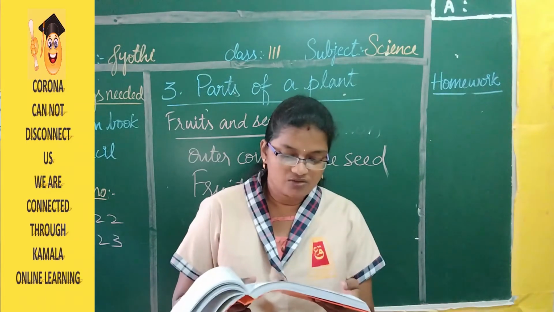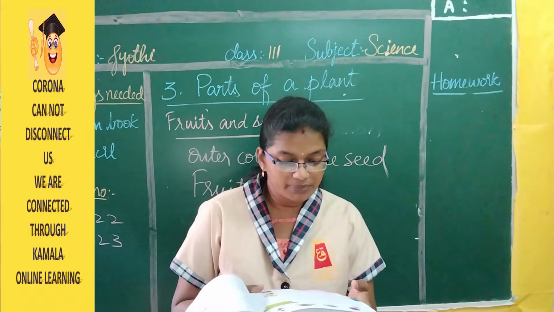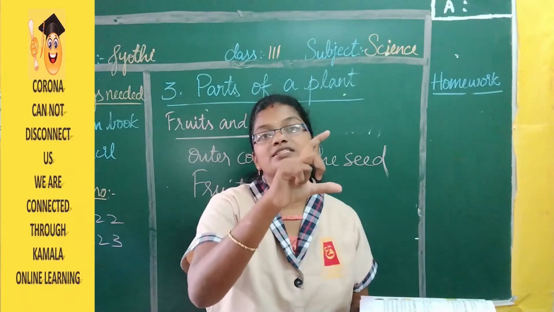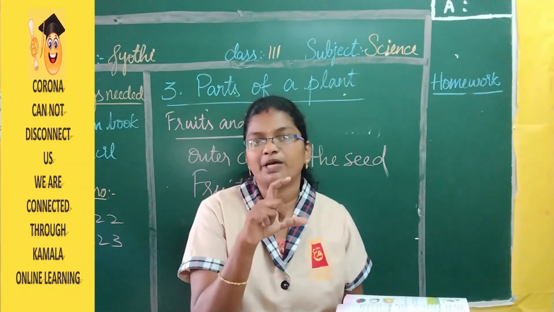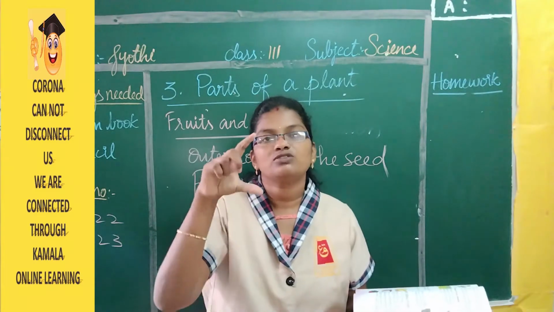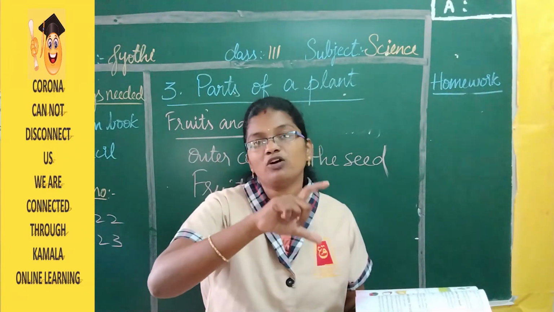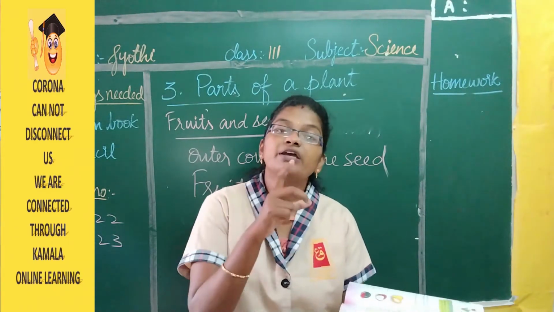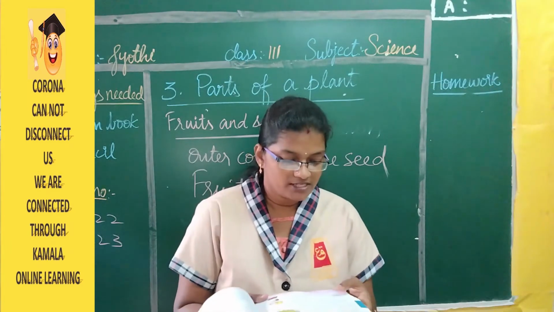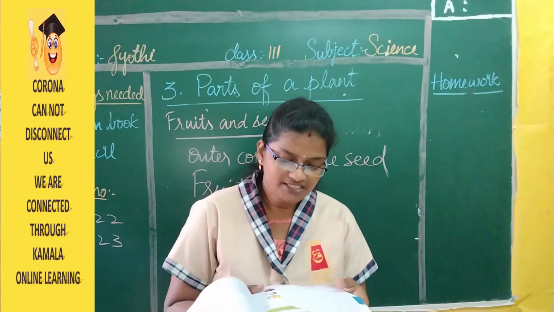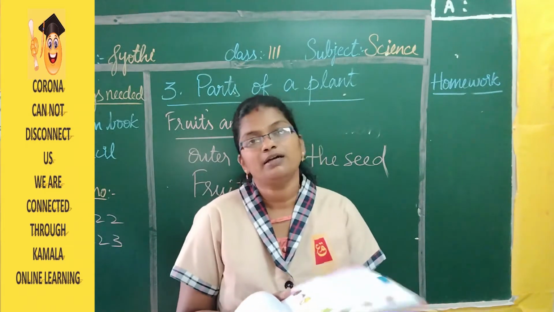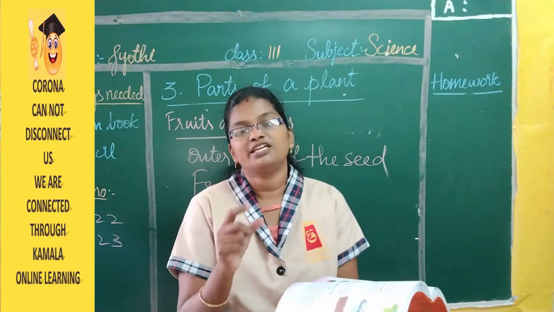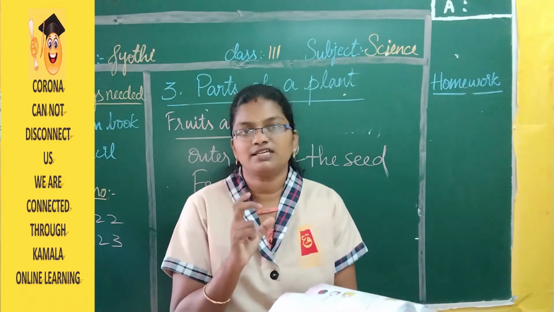A mango fruit has only one seed whose size is bigger than in any other fruit. Now if you take an apple and the seed of the mango, not the fruit of mango, only the seed of mango, the size of the mango seed will be bigger than the apple, right? So a few seeds are like that, bigger than in other fruits. An apple has many seeds whose size is smaller than a mango seed. And if you take the seeds of the apple, many in the sense like 6 to 8 seeds will be there.